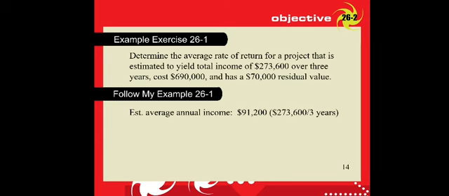Remember the formula. First, you have to calculate the average annual income or average annual profit. How to calculate the average annual profit? Total profit or total income divided by the useful life. So in this question, the net profit or total income is 273,600 divided by the useful years, which is 3 years. So the estimated average annual income is 91,200, divided by